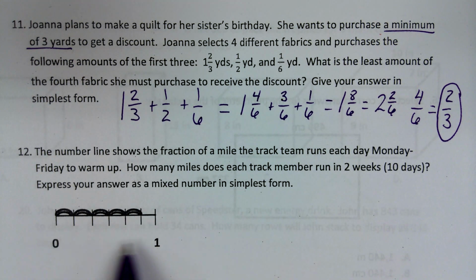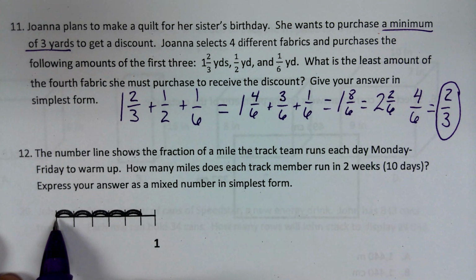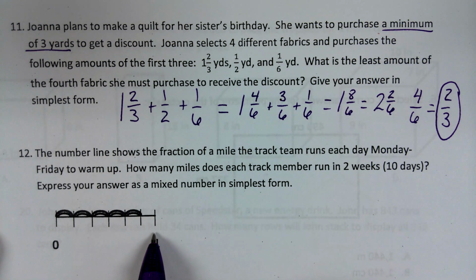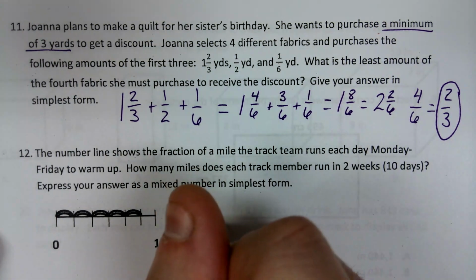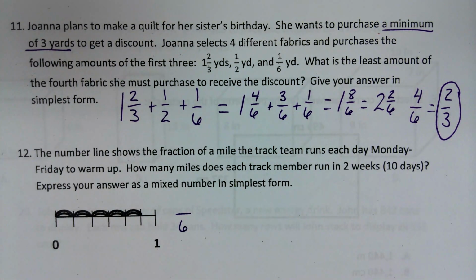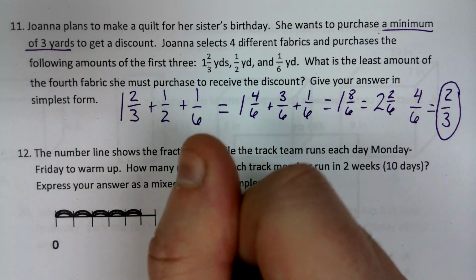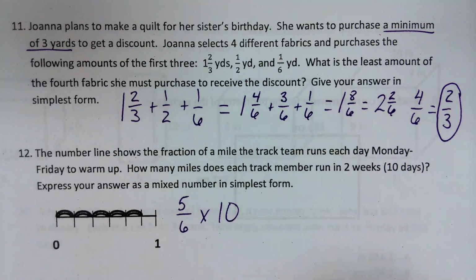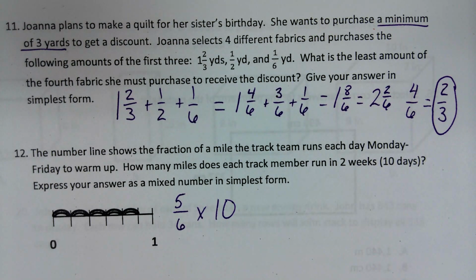Well, the first thing we've got to pay attention to is it doesn't really show us what fraction is going on here, but we do have the steps on the number line. So if I'm already at 0, and it's 1, 2, 3, 4, 5, 6 steps to get to the next whole number, that means my denominator is a 6. And it shows that each of these team members goes 1, 2, 3, 4, 5/6 of a mile to warm up. Well, if they're doing that for 10 days, that means it's a fairly straightforward problem of 5/6 times 10,